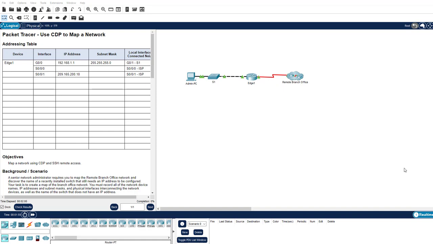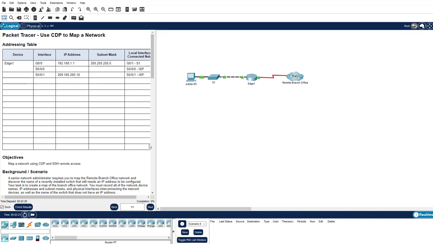In Packet Tracer 10.1.5, we will use Cisco Discovery Protocol to map a network. The scenario is that a senior network administrator has tasked you to map out or discover the individual devices that are obscured by this remote branch office cloud here, and then record in the table in your document all of